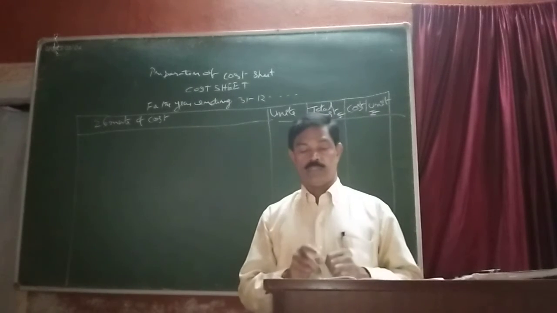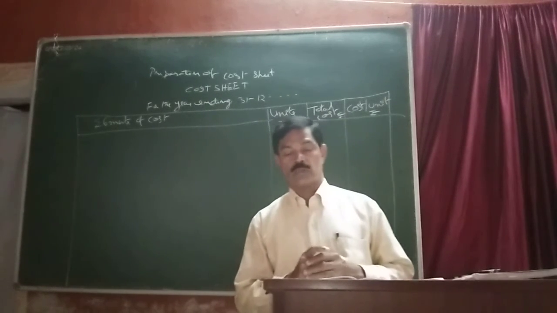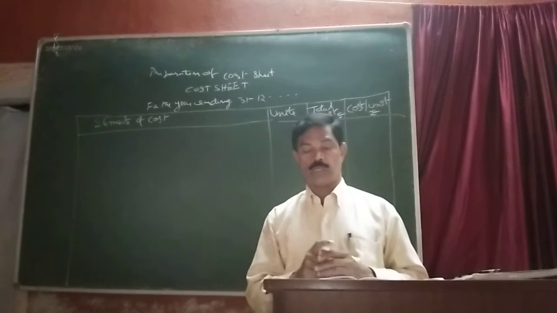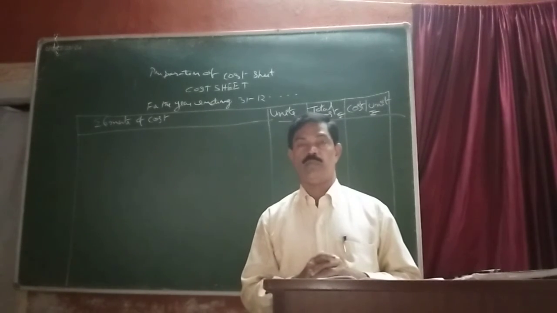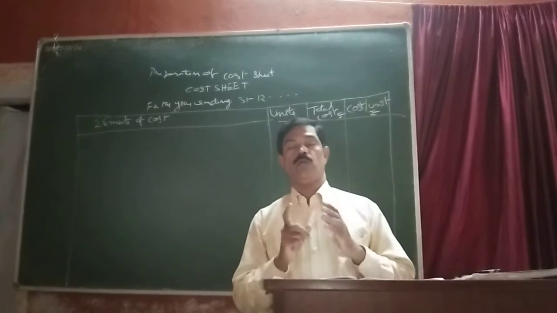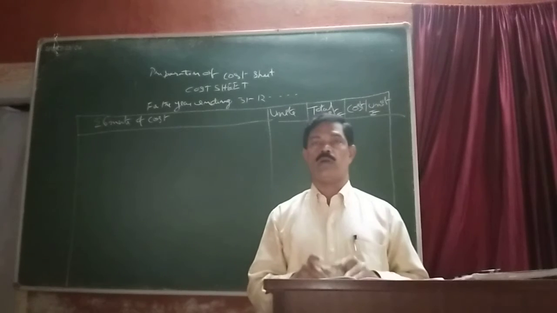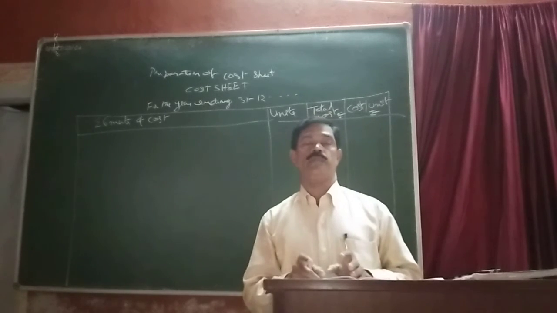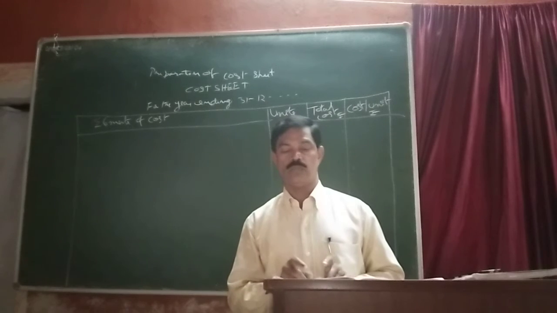From that total we deduct the closing stock of work in progress. Then stock of finished goods. If opening and closing stock of finished goods are also given in the problem, these must be adjusted before calculating cost of goods sold. So if the opening stock of finished goods and closing stock of finished goods are given in the problem, then these must be adjusted before calculating the cost of goods sold.